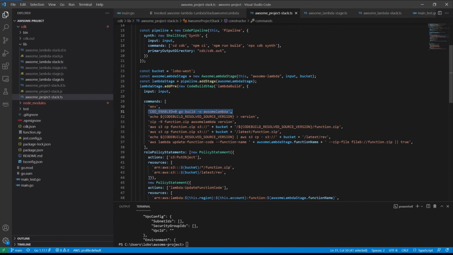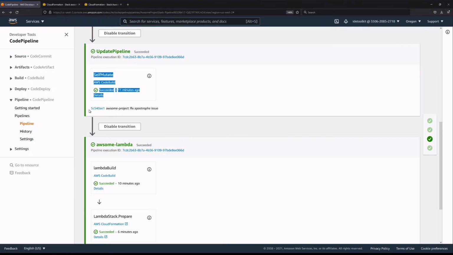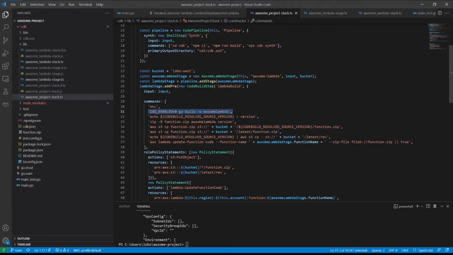And then we want to be able to have full traceability throughout the system. So the CodeBuild resolved source version, which is that SHA that I mentioned earlier, that source version is also defined in an environment variable that we can use later on.